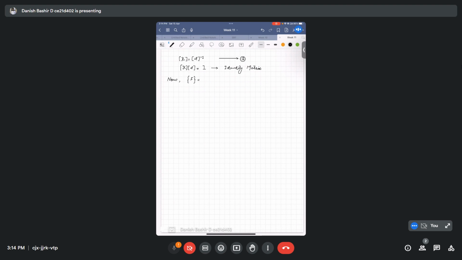Every time I write F, it will be a force vector. And every time I write the stiffness and flexibility, it will be in matrix form. F is equal to stiffness matrix times displacement vector, Kx. So the strain energy stored in our system will be